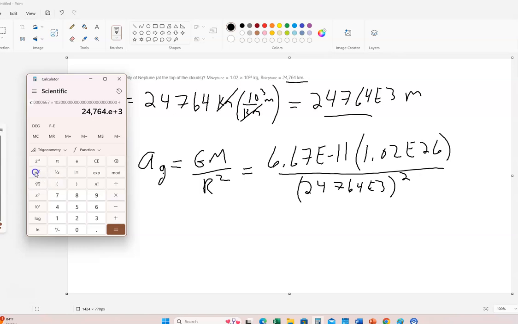So you hit the square button and then say equals. And so there it is, right? So the answer turns out to be